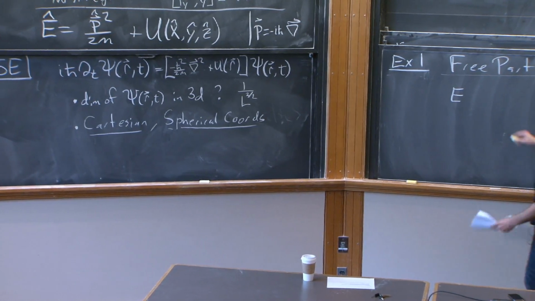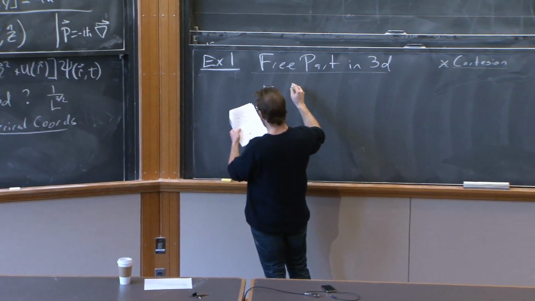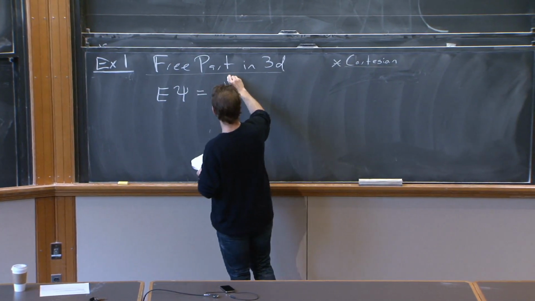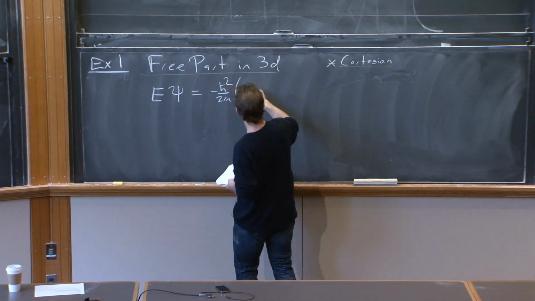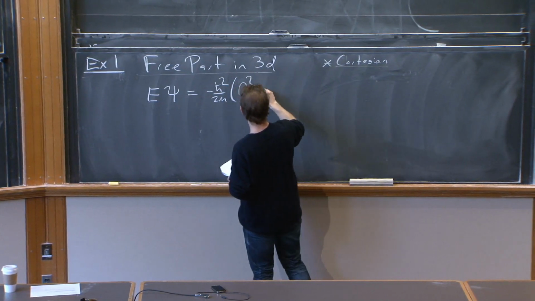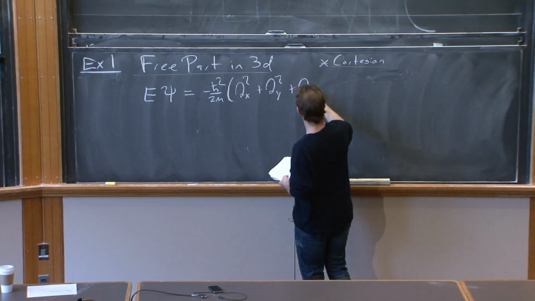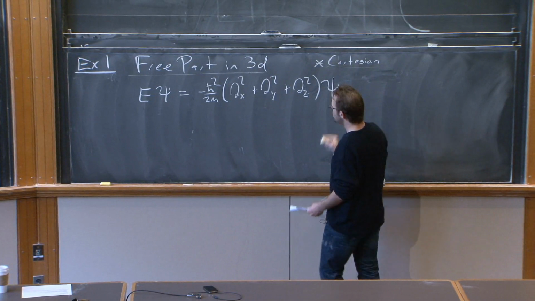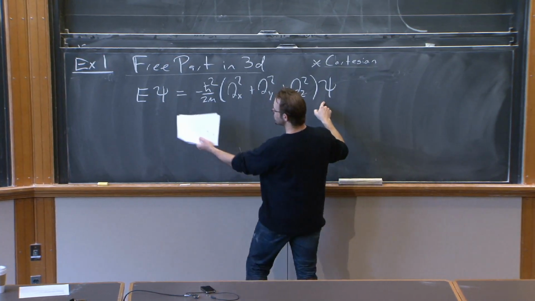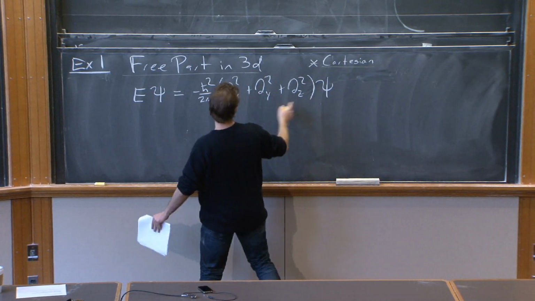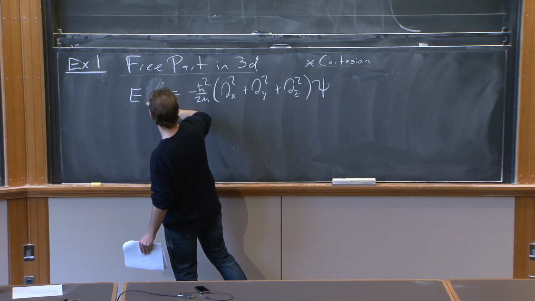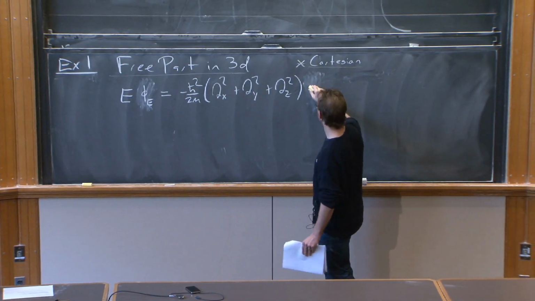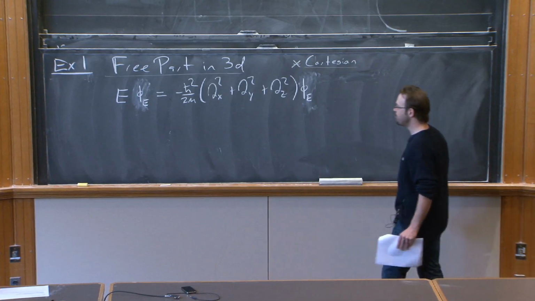OK, so let's construct the energy eigenfunctions. What does the energy eigenvalue equation look like? Well, E on psi is equal to minus h bar squared upon 2m times the Laplacian, which in Cartesian is the derivative with respect to x squared plus derivative with respect to y squared plus derivative with respect to z squared. And we have no potential, so this is just psi. That would be the energy operator acting on it. The eigenvalue equation is that a constant, the energy E, on psi satisfies this equation. I'm going to write this phi sub E to continue with our notation of phi being the energy eigenfunctions. It doesn't matter what I call it, but just for consistency, I'm going to use the letter phi.